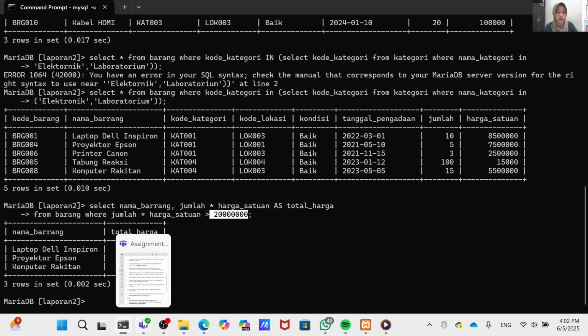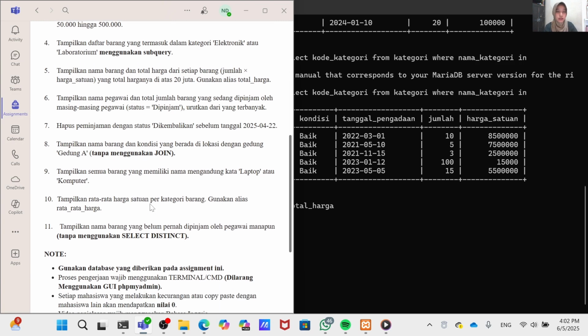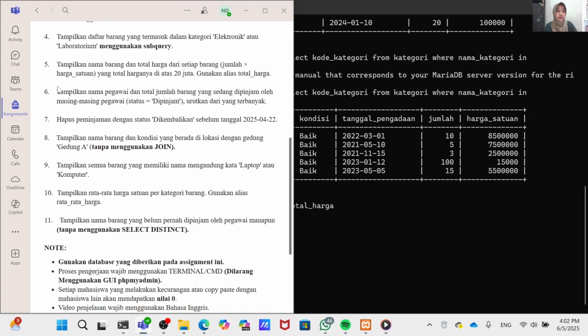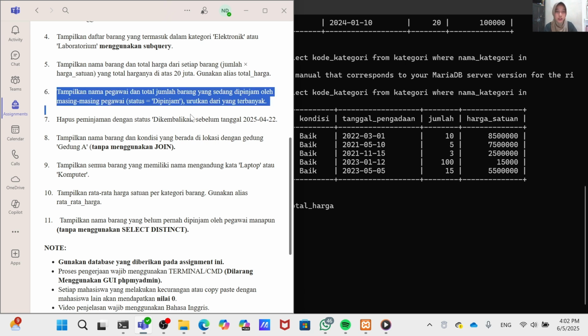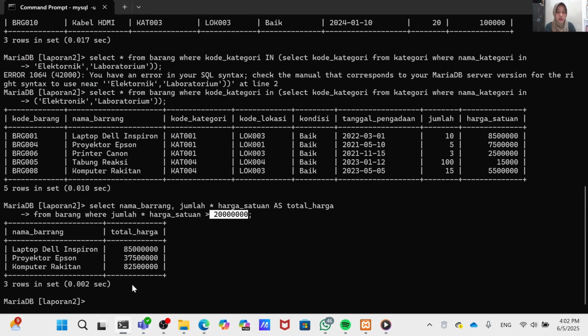For number 6 is display employee name and total borrowed items. For this task, we can use select.